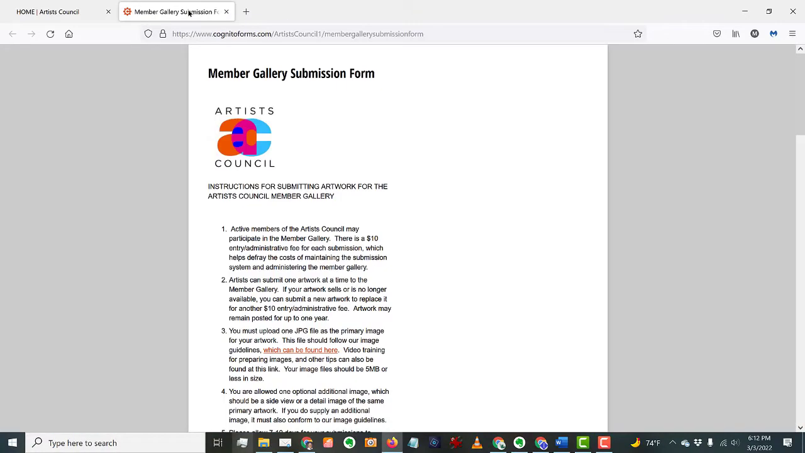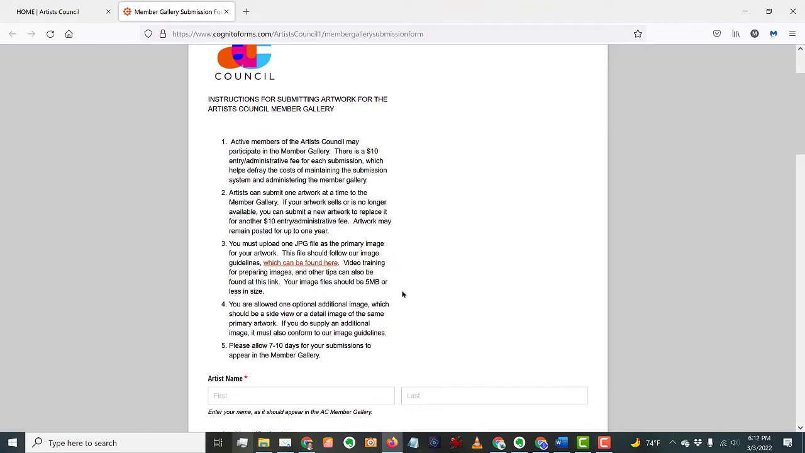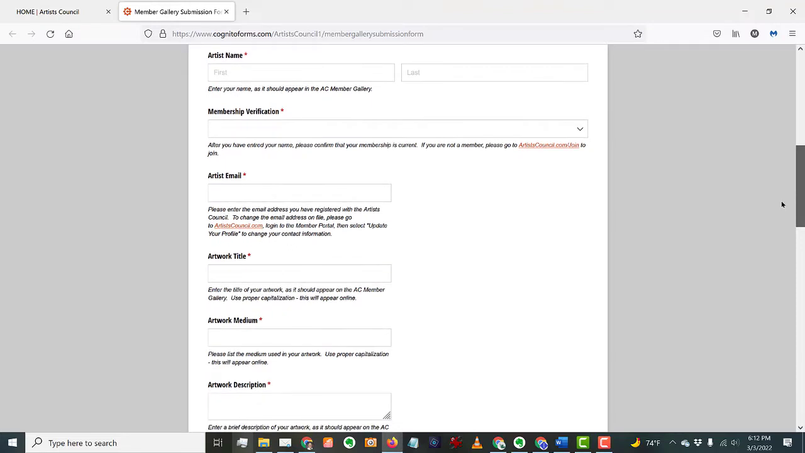I already have the Member Gallery form loaded on my computer, and so we'll take a look at it. First, let me take you on a really quick trip through the whole form. It begins with some key pieces of information that you need. Now, it's a good idea to read the entire prospectus because it has all of the detail. These are just some of the most important items to know about. Following those key items, you'll find that you'll put in your name,